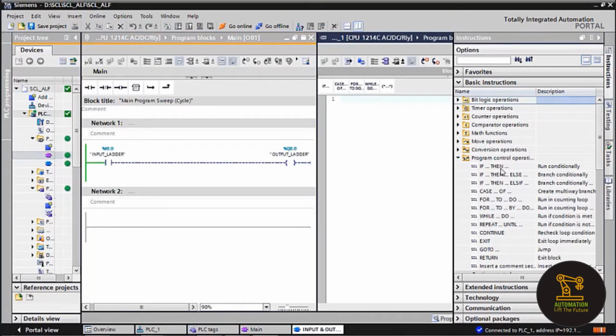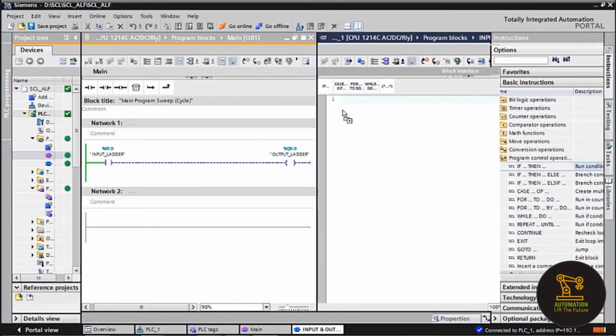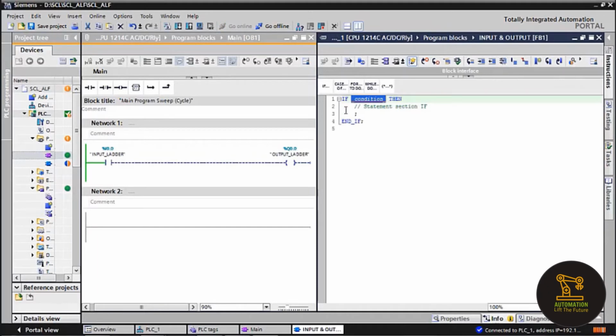Now we will move back to the SCL. From the instructions, from program control operations, drag and drop if-else, or from the favorites you can drop if.